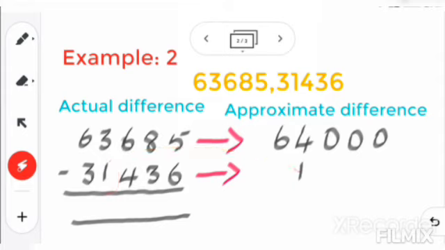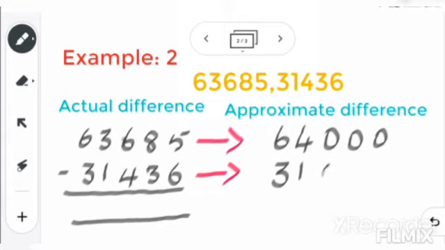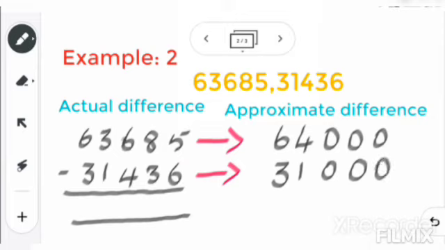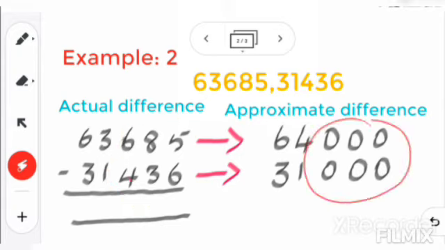Now we will follow the other rules. The left side digit, I told you, will remain the same. Here on the left side in the 10,000s place we have the number 3. So this 3 will remain the same, and we write 3 in the 10,000s place as it is. Now the right side digits will become 0. So 4, 3, 6, all these 3 digits will become 0. First this 4 becomes 0, so instead of 4 I am writing 0. Then this 3 will become 0. Then this 6 becomes 0. I think you would have understood here. All the right side digits will become 0.